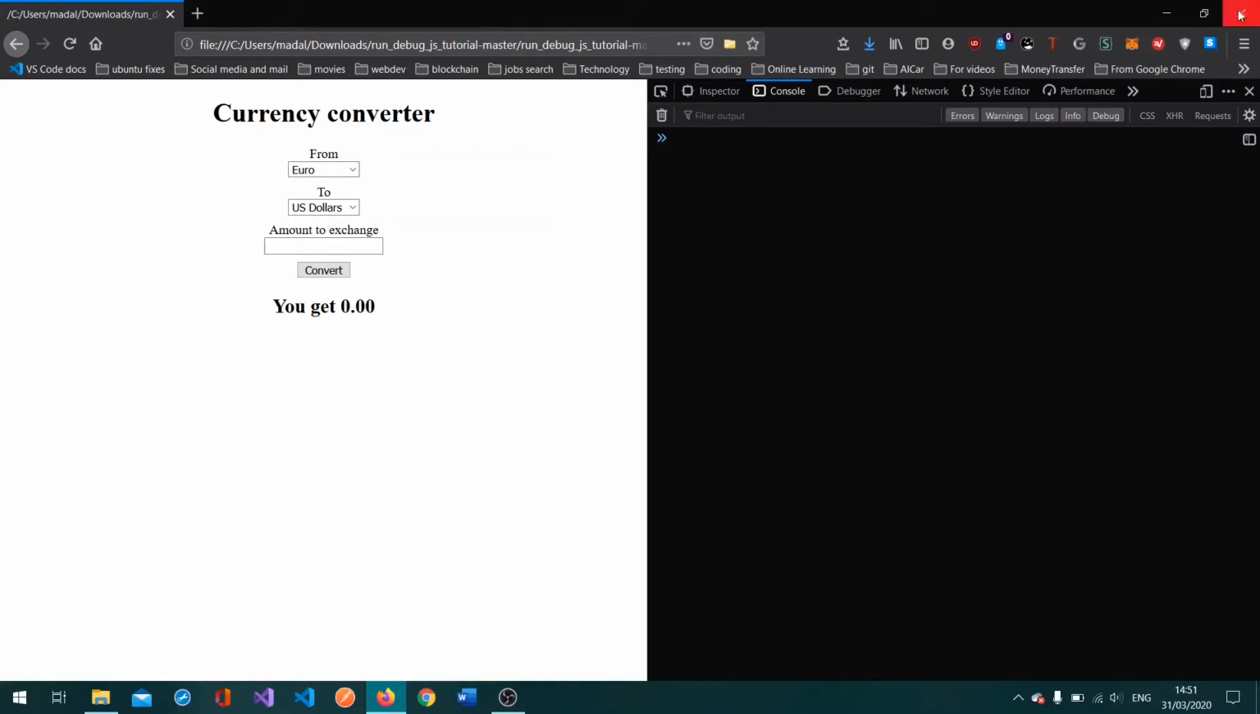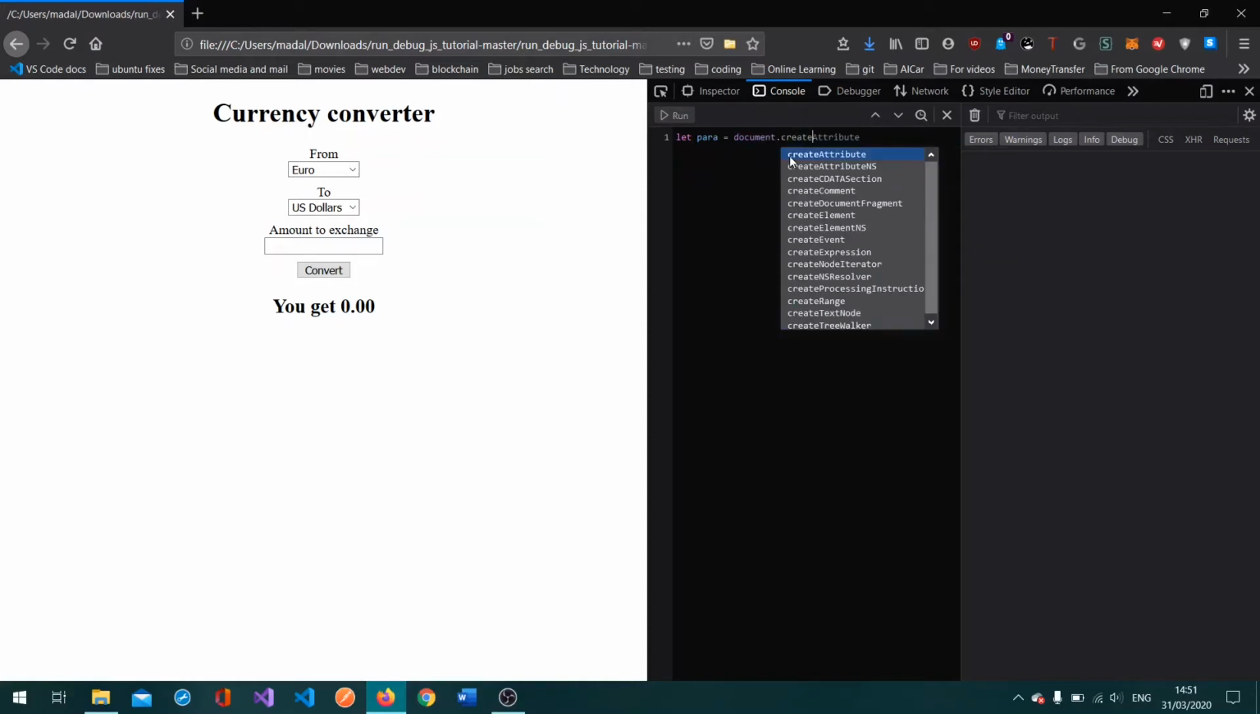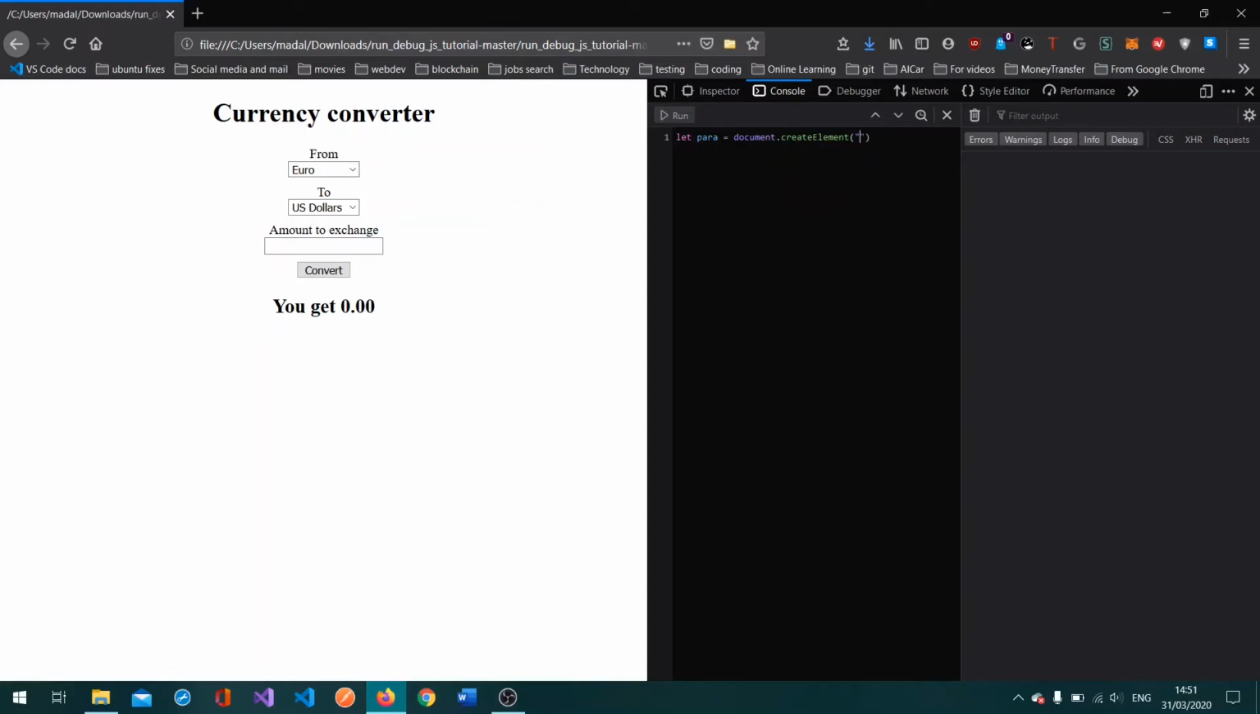So I'll go ahead and transfer this into multi-line. I'll just create a paragraph. So I'll name it para equal document dot create element, and it's of course p. Okay. So I'm gonna go to the end of line, hit enter. I'm gonna add a property which is the inner text property. So I'll have hello everyone,